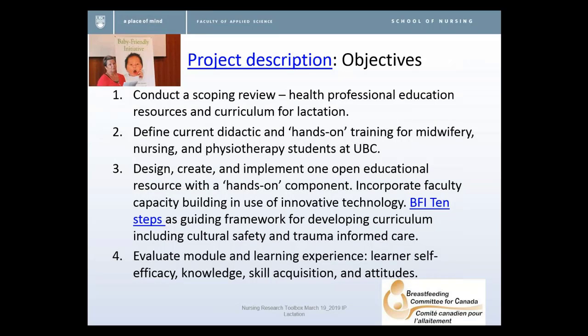So what are we purporting to do? We're going to start off with a scoping review, half of which we've already done because we really didn't think we were getting this funding. And looking at health professional education resources and curriculum related to lactation. We are going pretty globally wide here, and defining the current didactic and hands-on training related to lactation for midwifery, nursing, and physiotherapy students. So that's where having practice partners in those departments looking at the curriculum specifically and getting